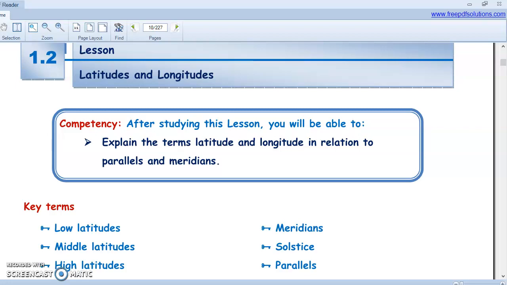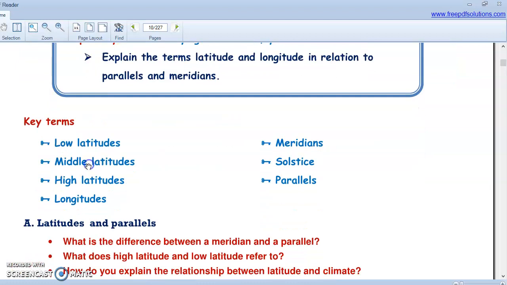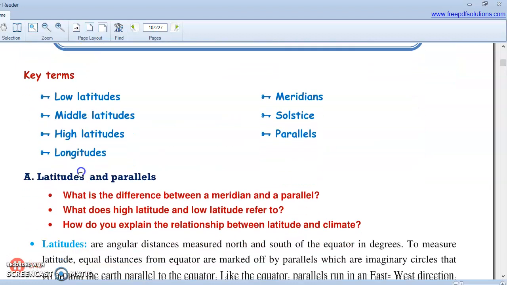Now we're going to be discussing latitudes and longitudes, continuing from our previous lesson, so let's get right into it. The first concept we'll discuss is latitudes and parallels. Before we discuss all of these